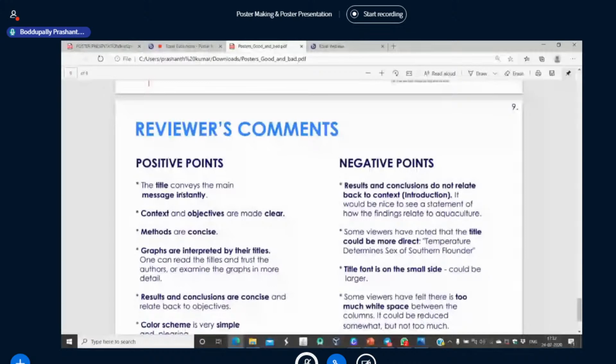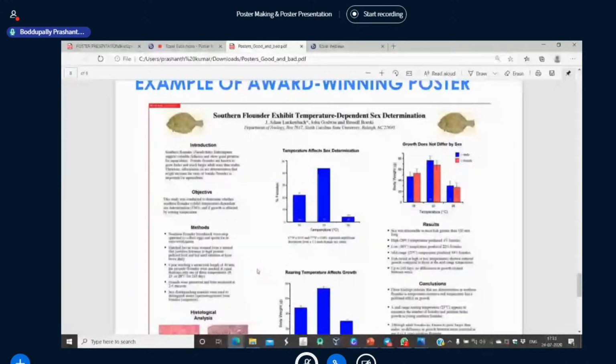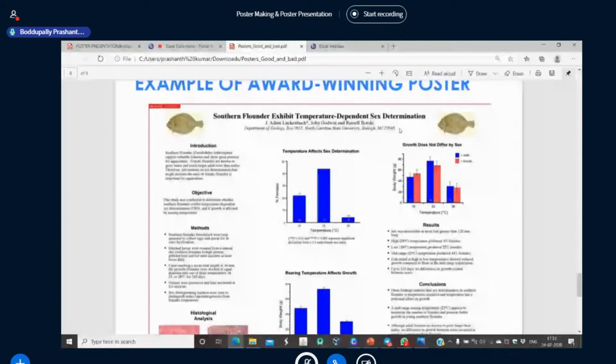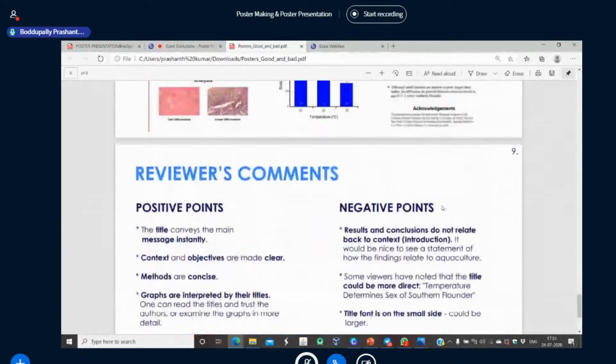Reviewer comment: the title conveys a main message instantly. Context and objectives are made clear. Methods are concise. Results and conclusions are very good. The color scheme is very simple. See, observe here, nothing more is used. Here green, here white, yes or no? And the text is also very clear, in Roman